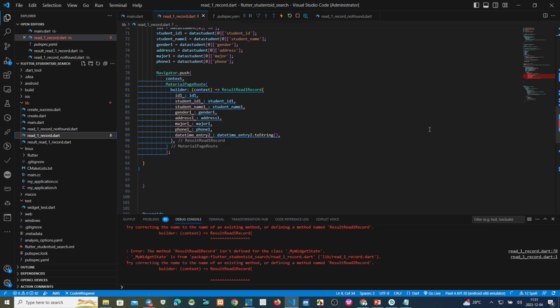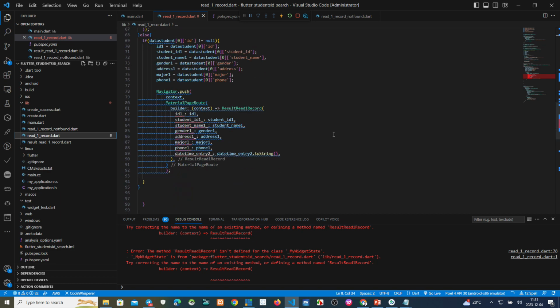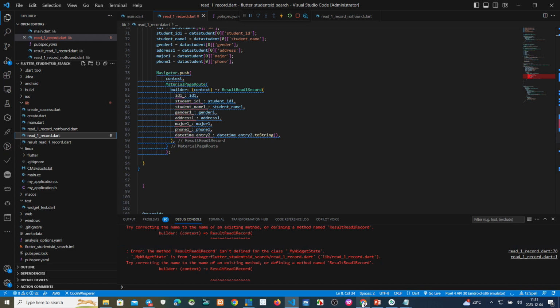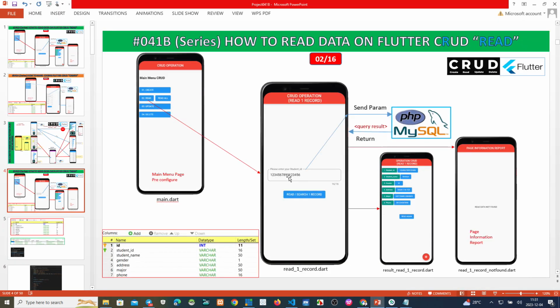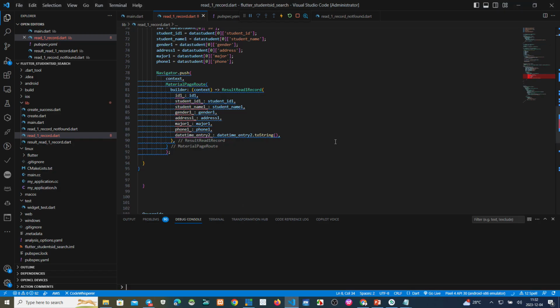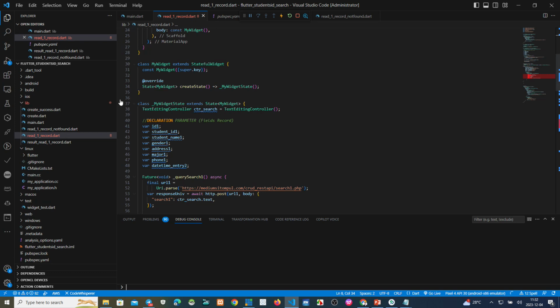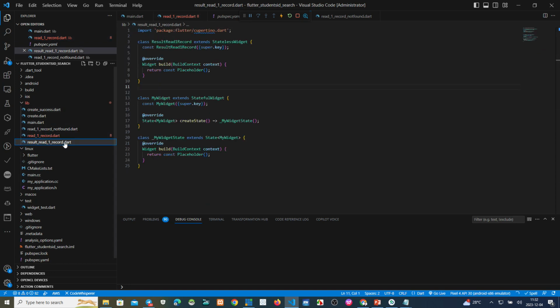So after we send all these parameters from here to this one, on this page you must receive these parameters. On this page, read. You must read all these parameters here.